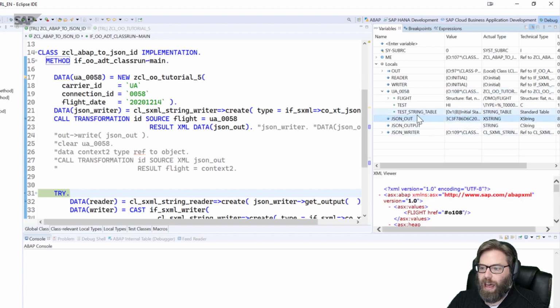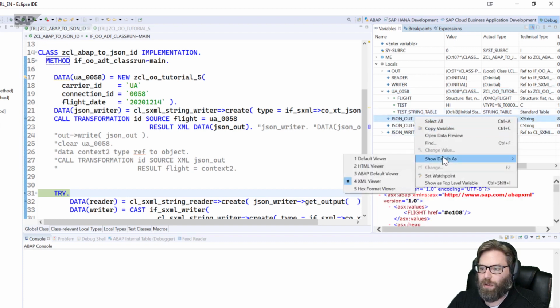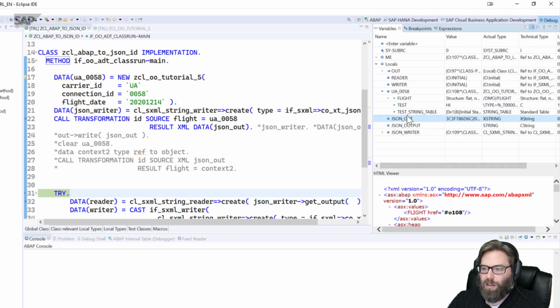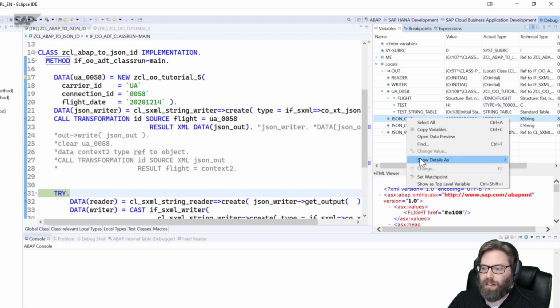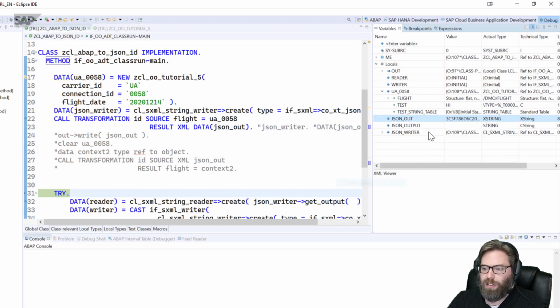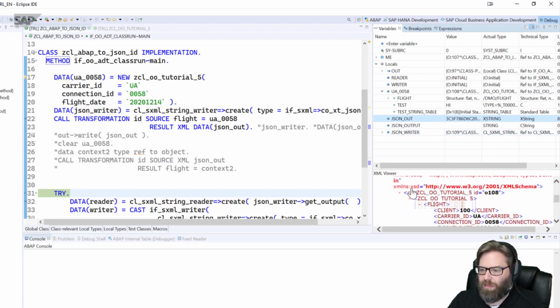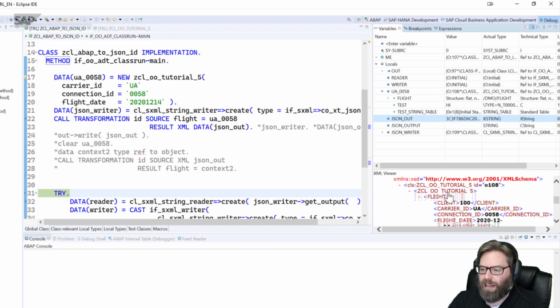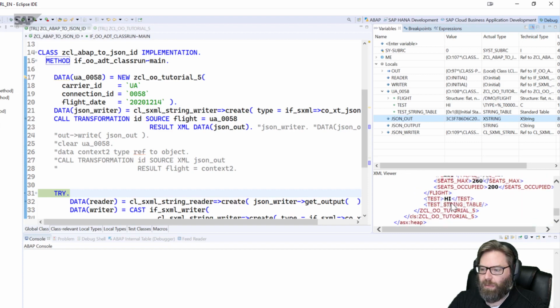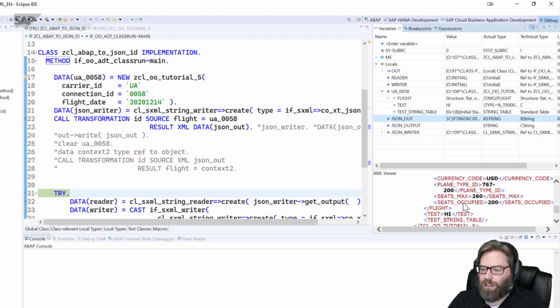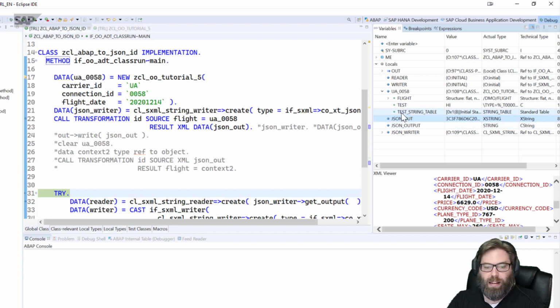And when we look at that in the debugger, of course you can say how you want to show it in the debugger. And I've said, okay, show it to me in the XML viewer. There's also the HTML viewer that would have worked too for the XString in this case. But let's look at it in the XML viewer. And we see basically the same information. The class has been converted, and we see the attributes here as well. Now, where this gets really interesting,